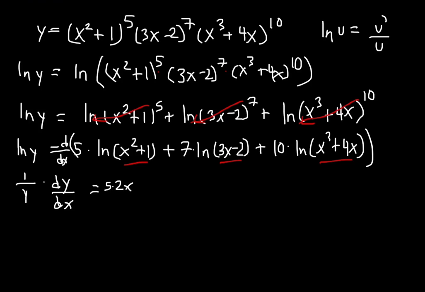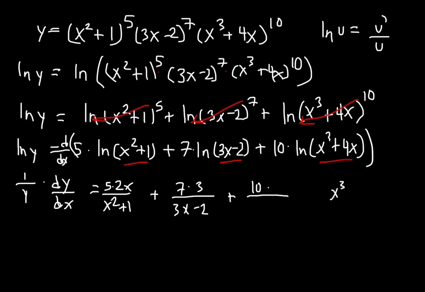Then I'll multiply by 5 because that was on the top, and x squared plus 1 is u, plus 7 times the derivative of 3x, which is just 3, and the derivative of negative 2 is 0. On the bottom it's just 3x minus 2 because that's the u, and the top one was the u prime, plus 10 times,